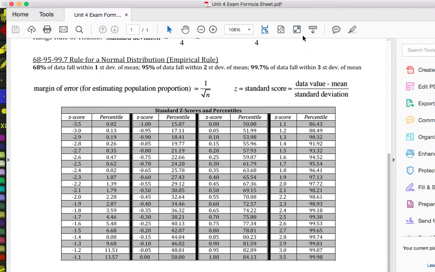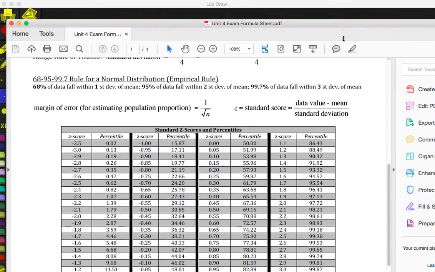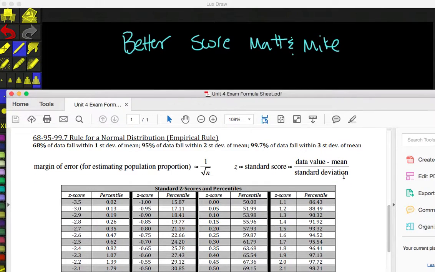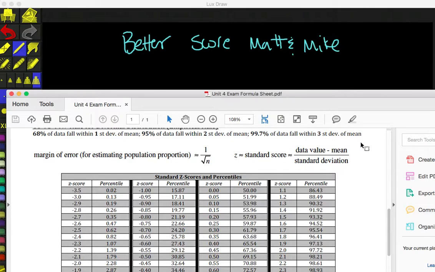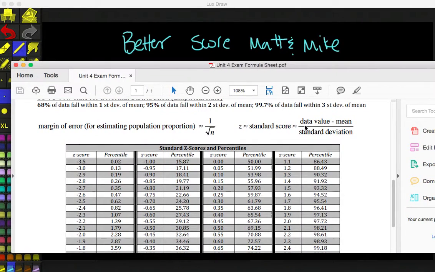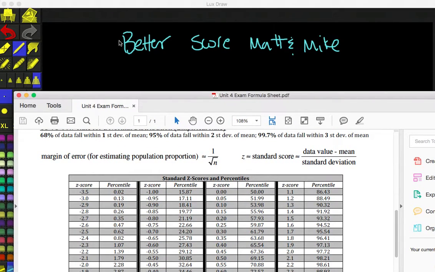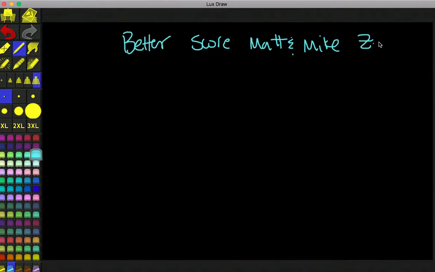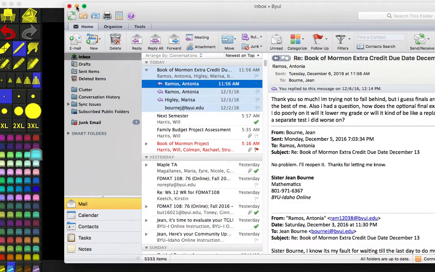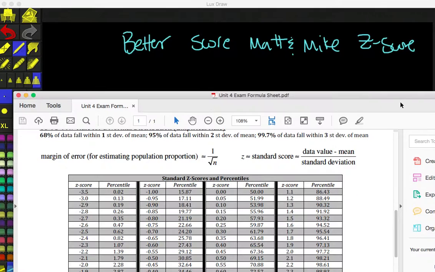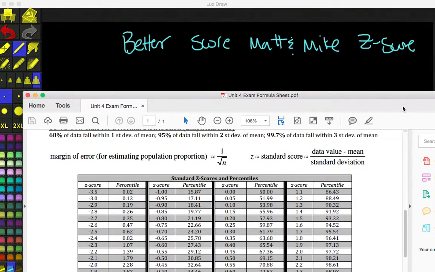Okay, so it's going to be a little tricky with this one, I think, because, well, we'll just give it a whirl. This is going to just keep disappearing. All right, so the first thing I'm going to do is find the standard score, or the z-score. Okay, to find the z-score, so I'll also write here z-score, so you can find it. All right, whoops, there's my emails. Let's hide that. To find the z-score, I'm going to use the data value,